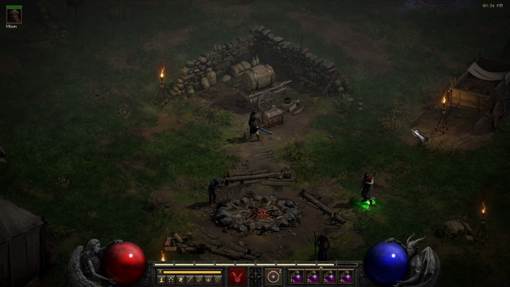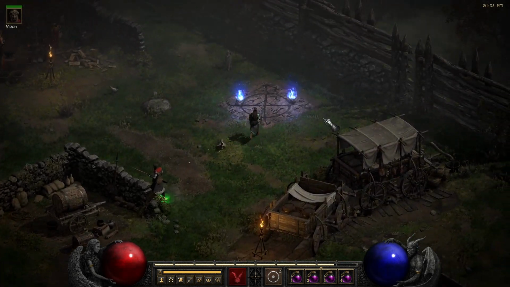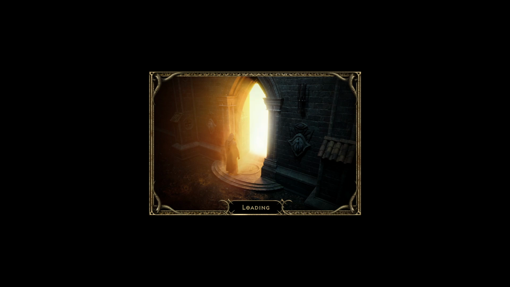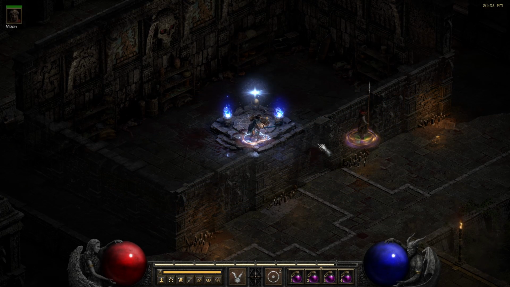Now, I did get a new PC, so I've been playing a lot more with mouse and keyboard. It's just been really, really nice, man. Mouse and keyboard is definitely harder. And let's do something here real quick. Let's go to Trav, pop these open. Now I have these mapped,